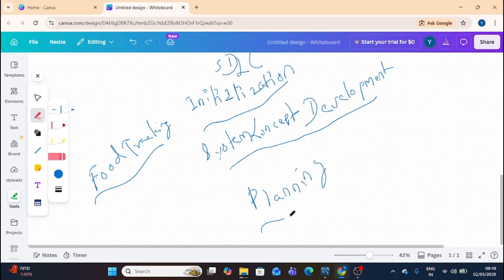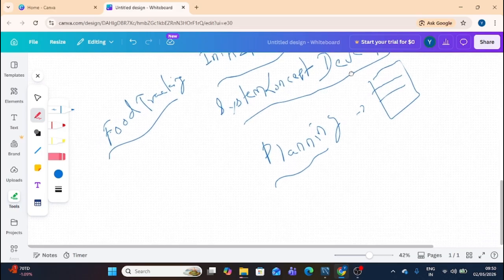So what is planning? A ready-made plan is made, a plan about how we will create that system. How many developers will be needed to create that system, and a Gantt chart also, about the timeline we need while creating that system. Those things are all figured out in the planning stage.